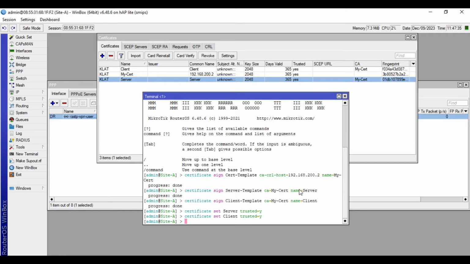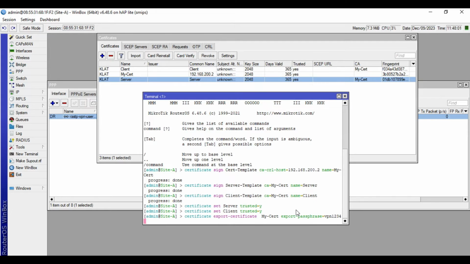So to do the export, you can just type this command. Certificate export-certificate. Then input here the name of the certificate. Export. So we will put passphrase. So I'll put a passphrase of VPN 1234. Then press enter.